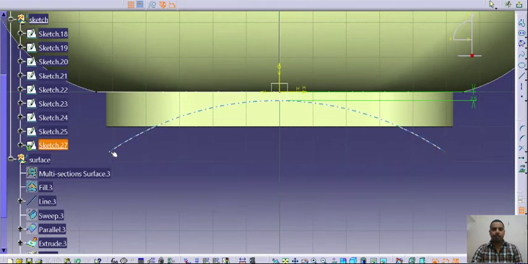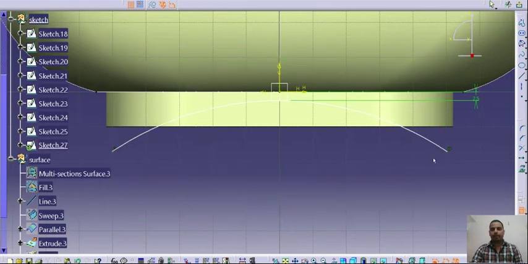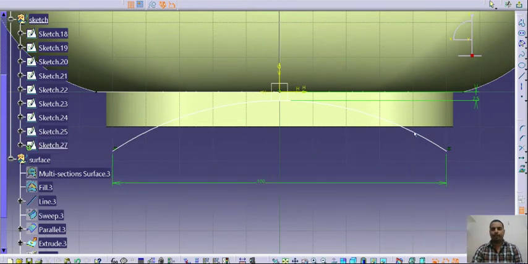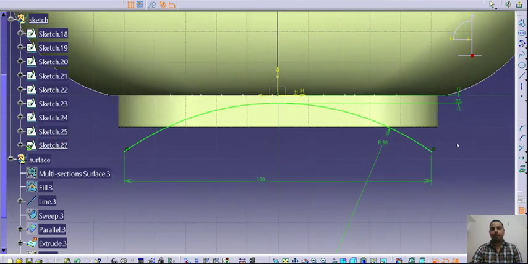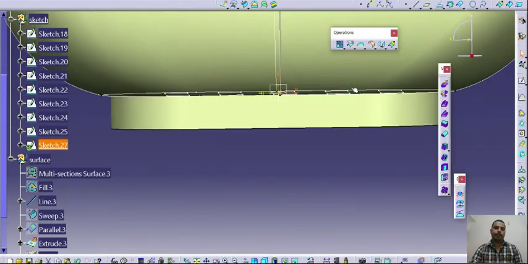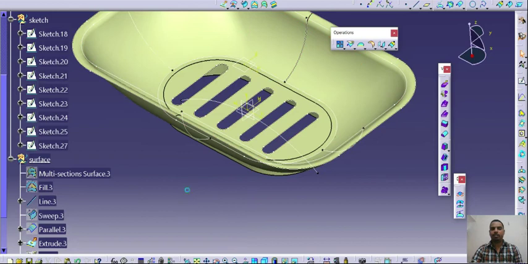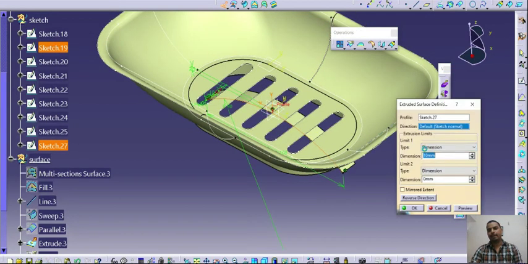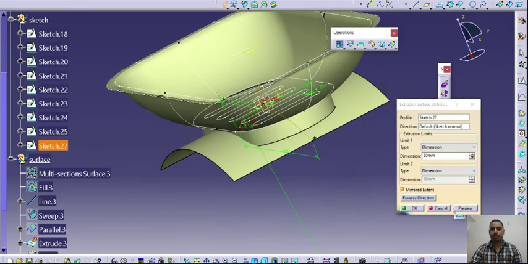These two lines are symmetric about this line, and the distance between the two lines I will make 100, and I'll specify the radius. Okay, then I will extrude this sketch. I will again activate the surfaces tab, extrude this sketch in both directions by, suppose, 50, and I will use mirror extrude.